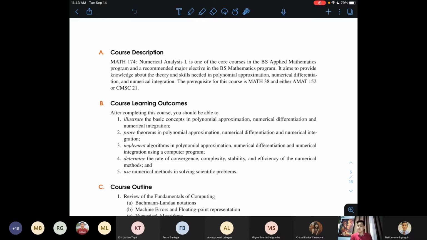So huwag kayong mabibigla kung sa mga lab exers, halimbawa nag-discuss tayo ng interpolation. So ang result ng interpolation, makakuha ka ng isang polynomial. So don't expect na yun lang yung hanapin namin sa lab exer. Na hanapin niyo yung polynomial, i-run niyo tong program na to, makukuha niyo yung polynomial. No. What we want you to do is to incorporate or integrate those learnings that you got from lower courses. So instead of just asking you what's the polynomial, baka tanungin namin ano yung maximum ng polynomial.